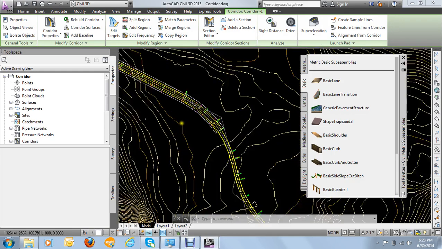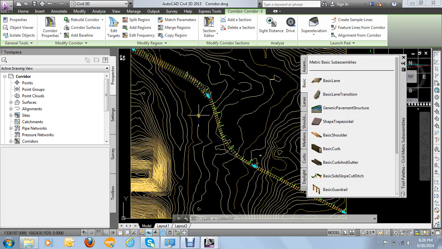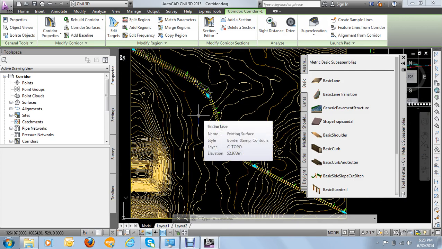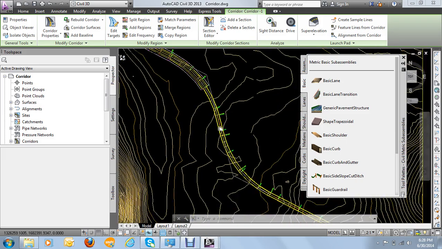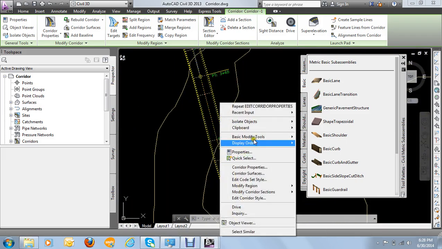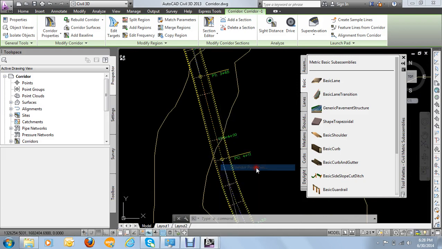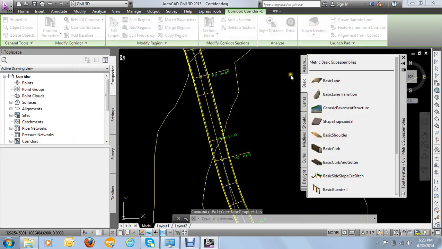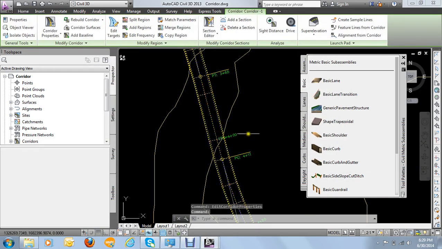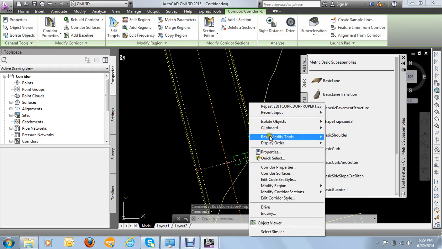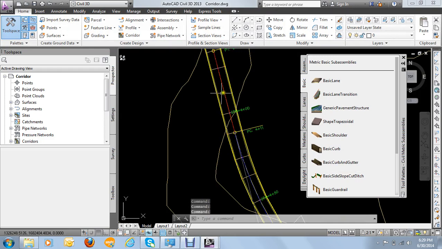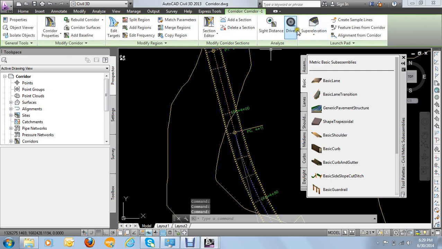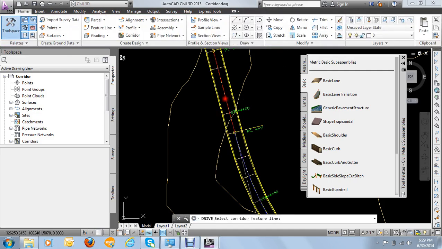So the way it appears will depend on the assembly that you use, the values you set, and other settings. When I just want to view this, when I click on the corridor, let me display, I want to send back so that my alignment can be seen from that point. So when I press the cursor, I can see this is the alignment. So when I click on the corridor and I click drive,